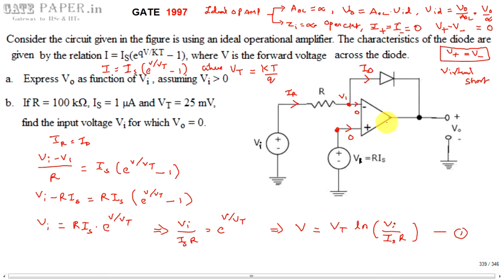Voltage across the diode under forward bias can be represented in this way, V with plus and minus. Under forward bias, voltage is always positive, that is, the P side is more positive than the N side. So we must indicate the P side as positive terminal and the N side as negative. So this is the first equation.